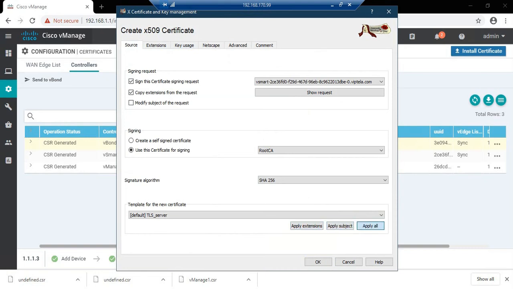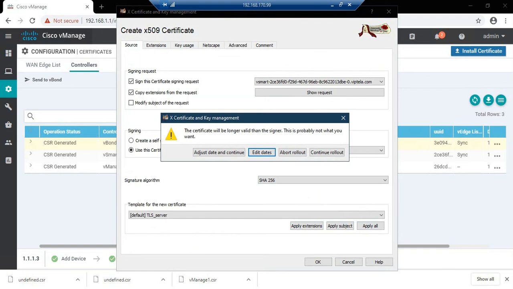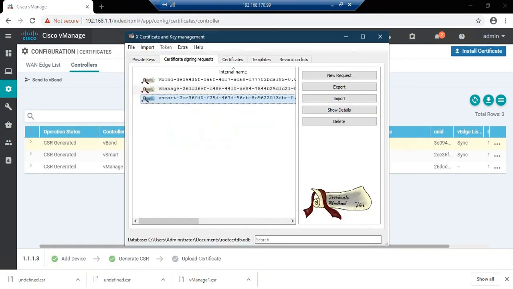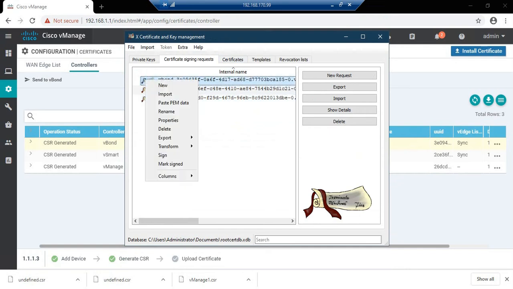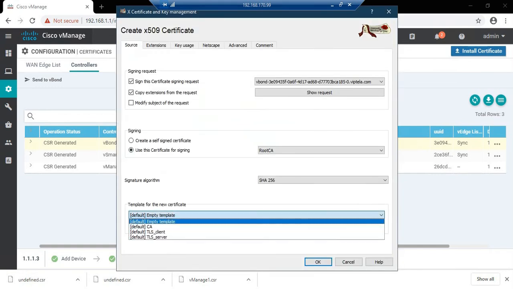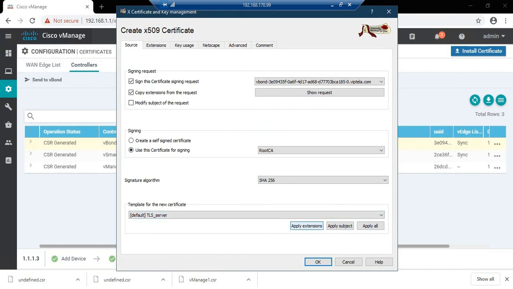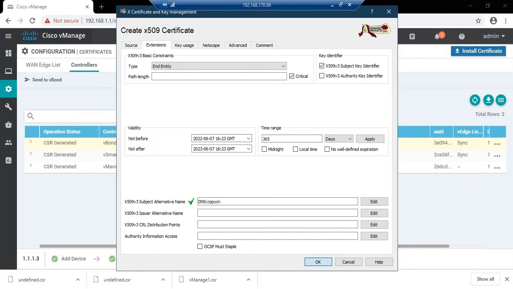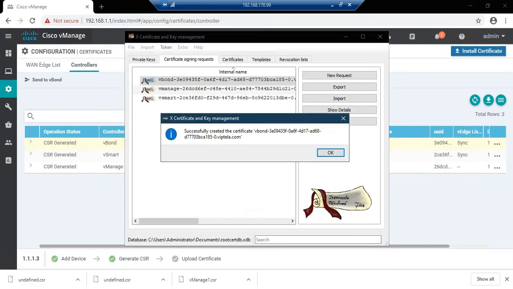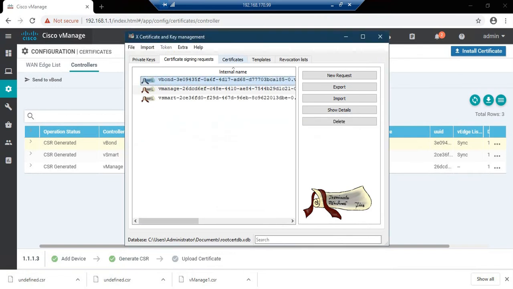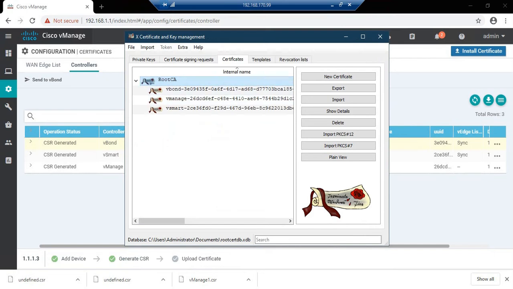Let me apply it. We should always be careful about the date and time, so let me adjust the date and time and continue. Let me sign the B1 also. So I have adjusted date and time, and I have already signed the certificate. Look, I have 3 certificates below the root certificate.